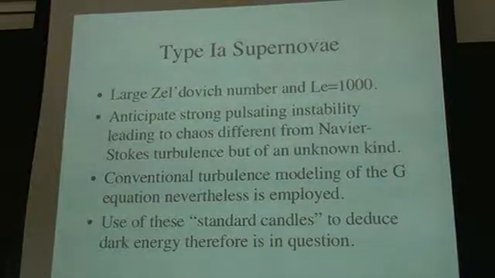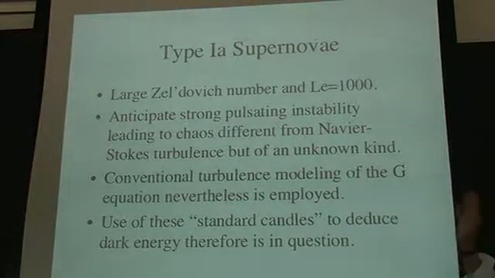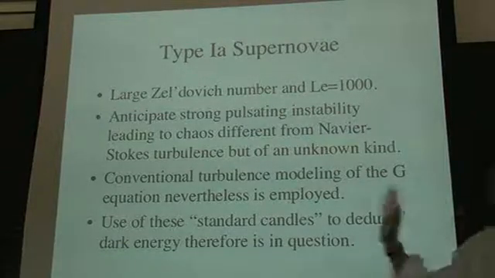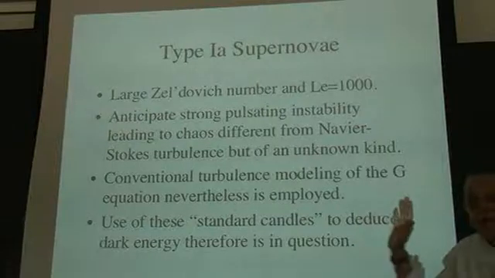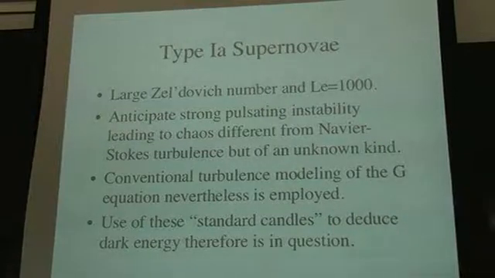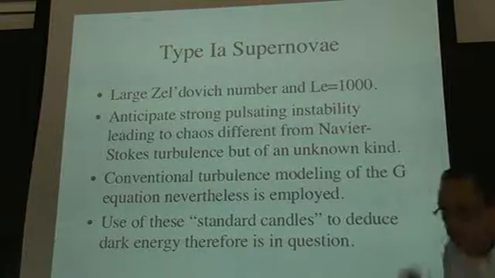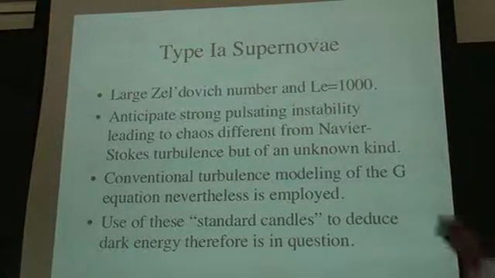But then there's all the fuel there. And so eventually it gets hot enough so that all of that stuff burns roughly at once, and you get pulsations. And at high enough Lewis numbers, those pulsations become chaotic, and so there is chaos that's inherent in these front propagations at Lewis number greater than